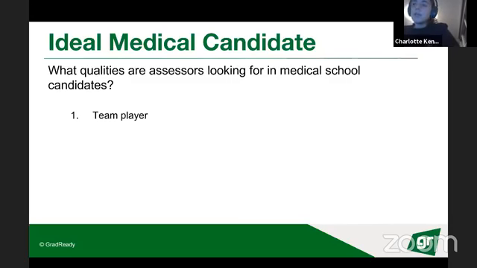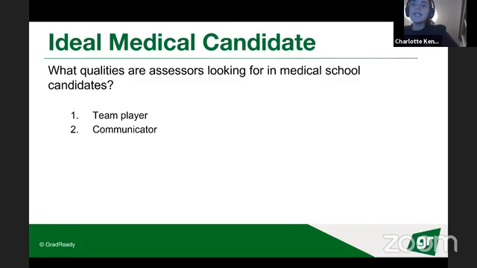But medicine, like I said before, is very, very team-based. So one of the things that universities are looking for is someone who is a team player and works well with others, because they're trying to think, which one of these three students in front of me is going to make the best doctor? And part of that will be which one of them has the greatest capacity to work as part of a team? And even if you don't have a group interview, you can still convey those qualities by talking through hypotheticals or the way that you act towards other people.